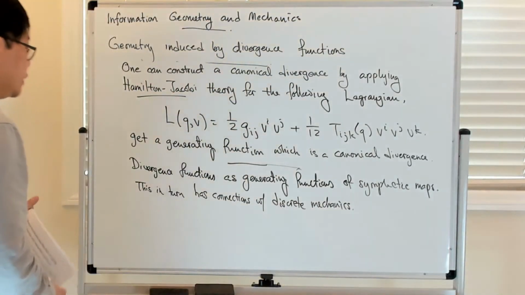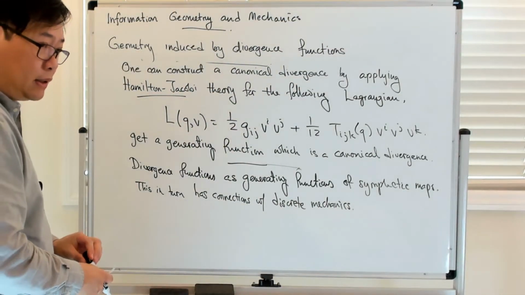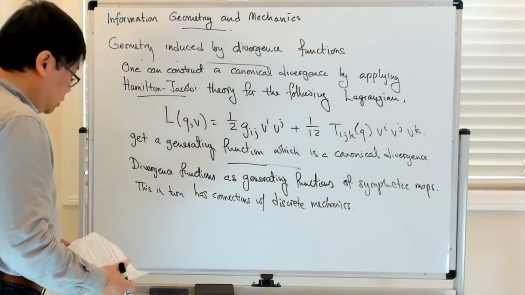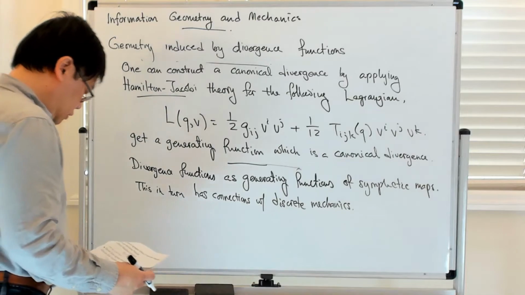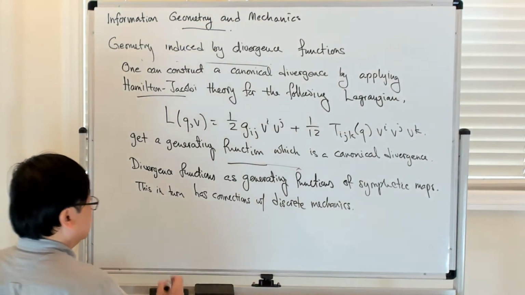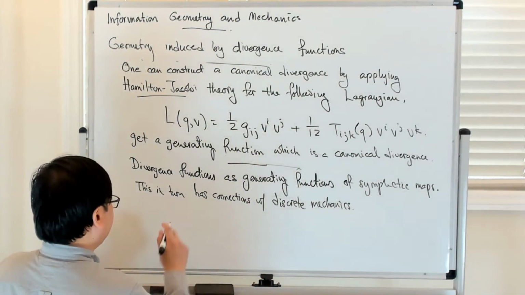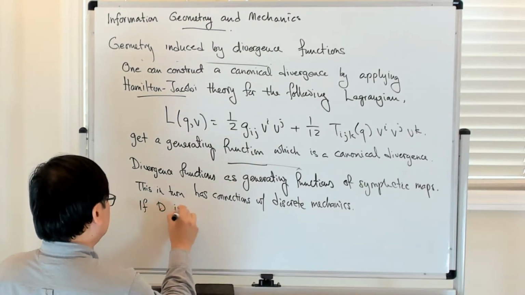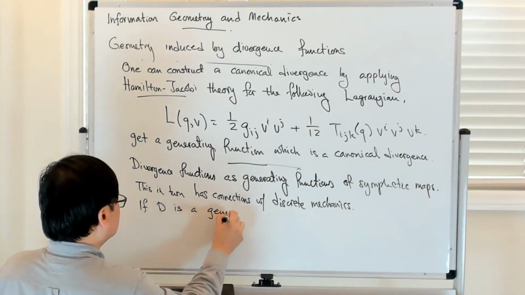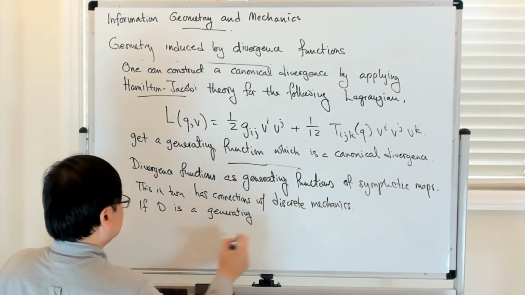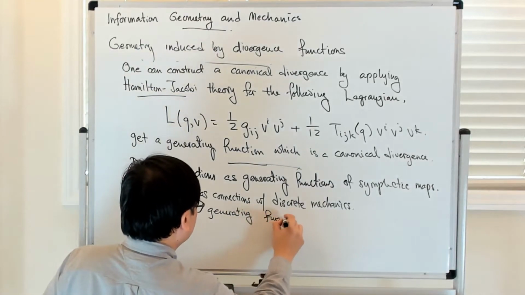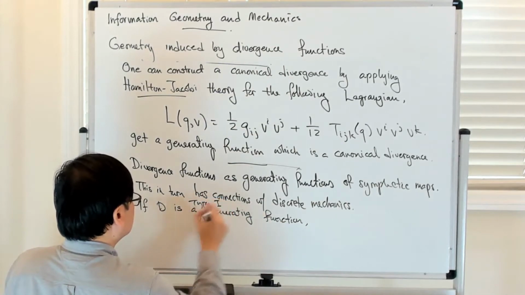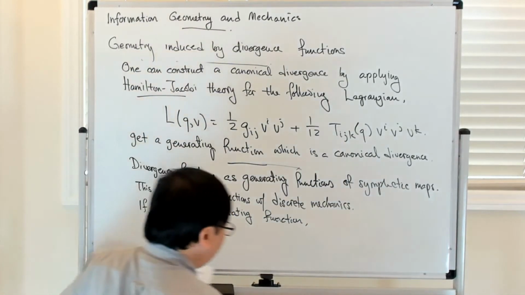Okay, but let's just focus on this idea of generating functions of symplectic maps for now. The basic idea is that if D is a generating function, it's actually what is called a type 1 generating function. Then I can define a map